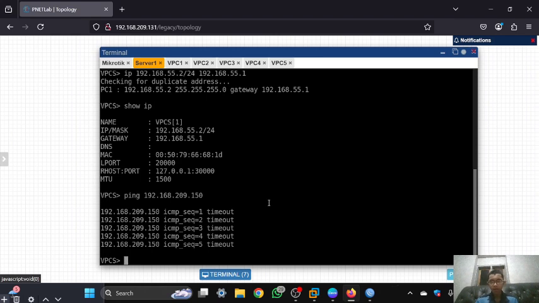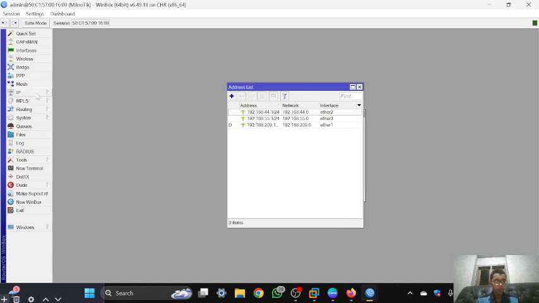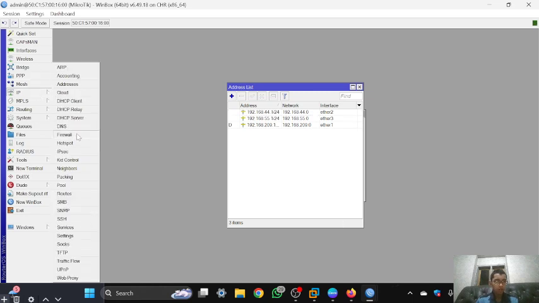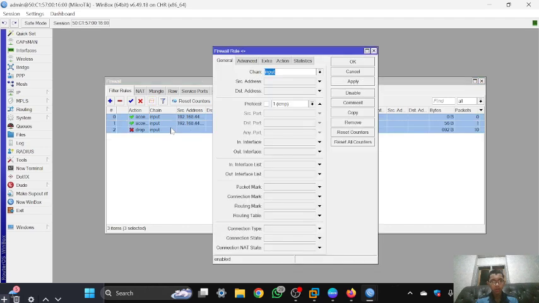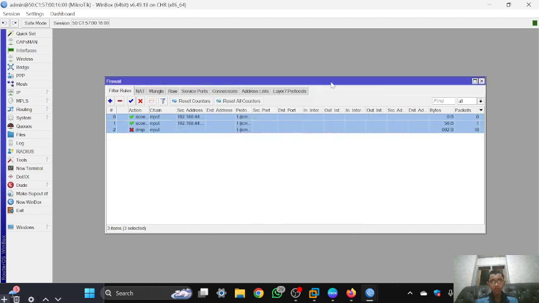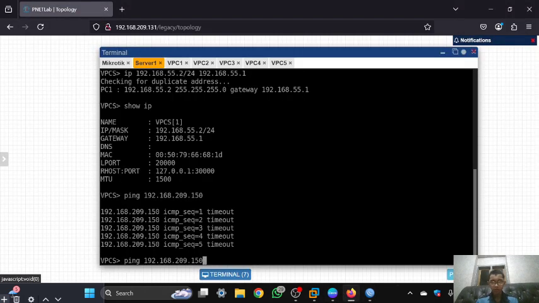Oh yeah, don't forget to turn it off. Sorry, you can go to IP, then firewall, and you can turn off the rules in here. These are the rules that I set in the last case, and now it should work.